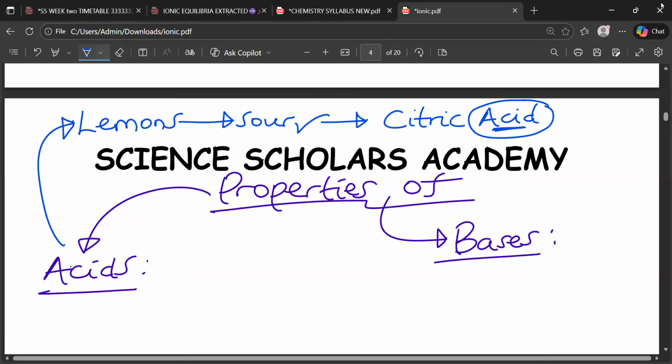So the sour taste comes from the fact that we are having citric acid somewhere, and that's what makes lemons sour. So you should know that. Then concerning bases, someone said bitter, which is right. So acids, sour taste. Then this side,